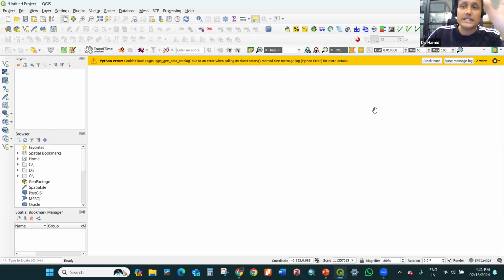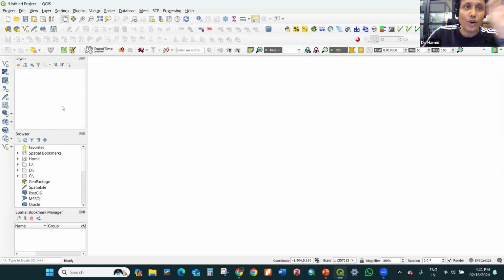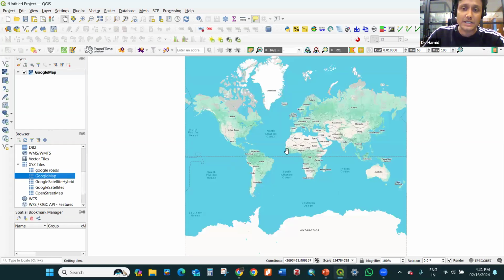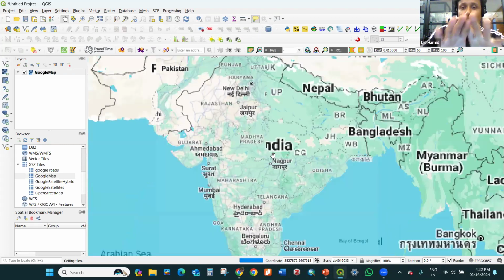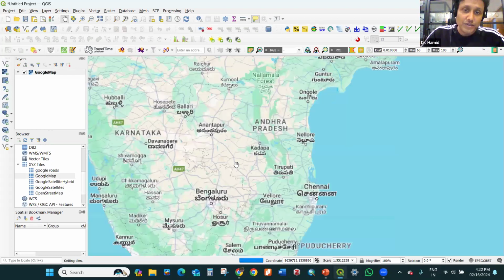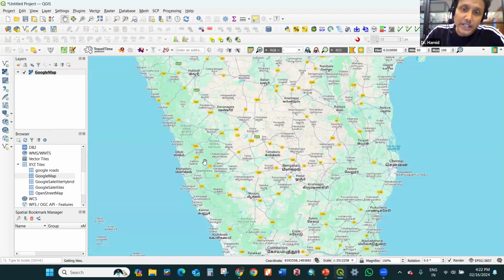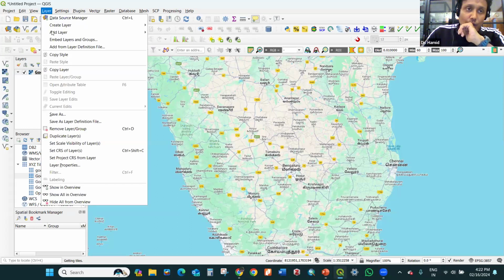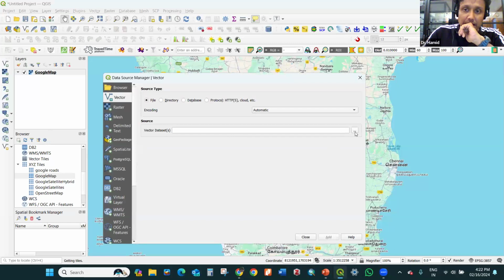So this is the first screen you see when you open QGIS software. You are all familiar with Google Earth and Google Maps, which we already use. Here you can directly access Google Earth if you want, but this is also a map, which is there by default. If you want to add shape files, like all the states of India, that is called vector data because it has boundaries. It is basically a polygon. You can add that from here: add layer, add vector layer. I have prepared some of the